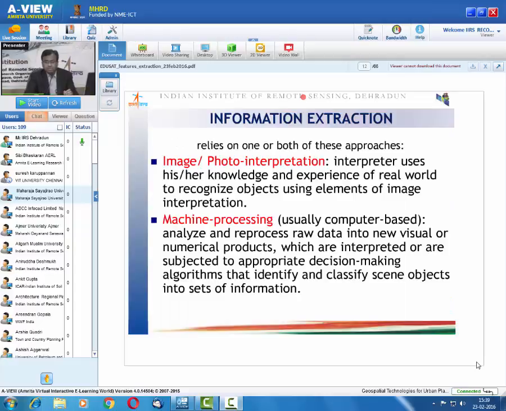Now, when this kind of image is available to you, at the interpreter side, the person who has the skill to derive the information may use one of two techniques. He may use the skill-based image or photo interpretation, or the machine-based algorithms for deriving the information. Now, if he is using the image or photo interpretation, that is the visual interpretation, this is how it is called,